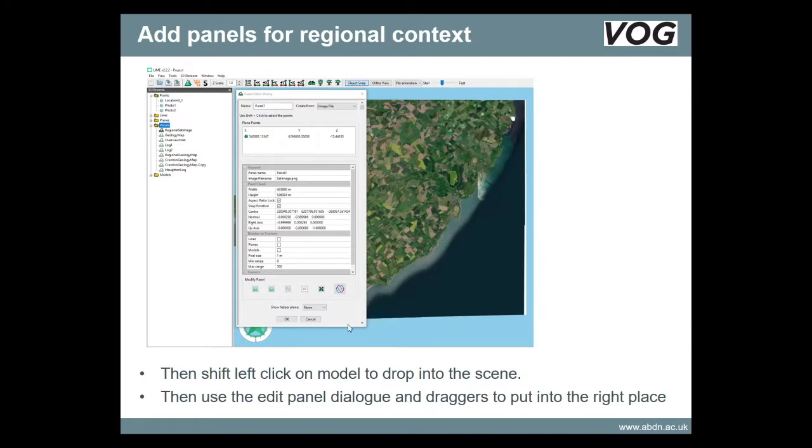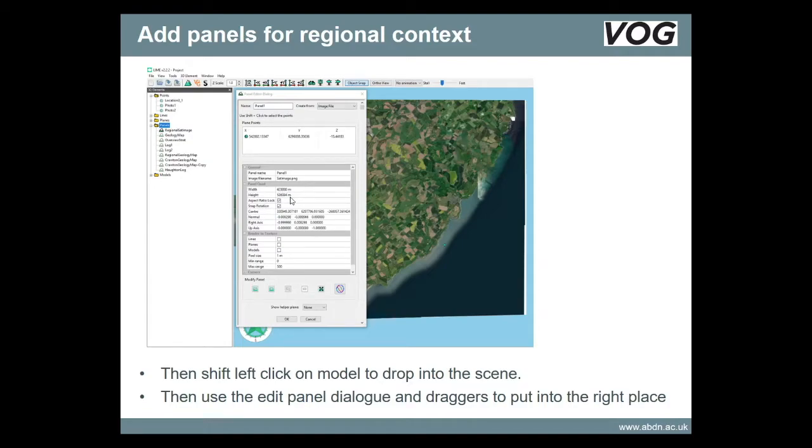And then I will drop it in and then use this dialog box. The width and the height: often if we're working with satellite images that are not properly georeferenced, when we capture that satellite image, when you screen grab it or export it, it's worth making a note of how big that image is in real world coordinates. So you can see this one's 42 kilometers by 53 kilometers. If I know how big that is, then I can literally just go in there and type those numbers in,